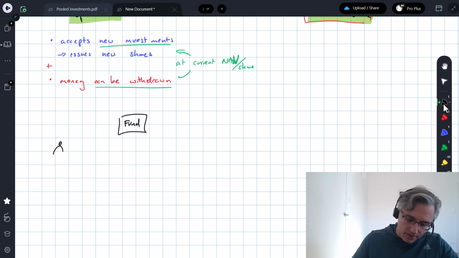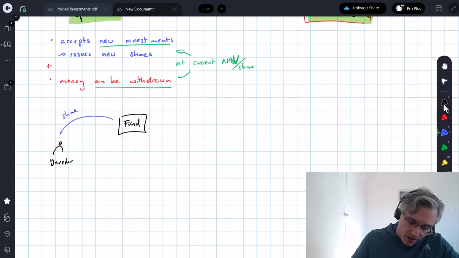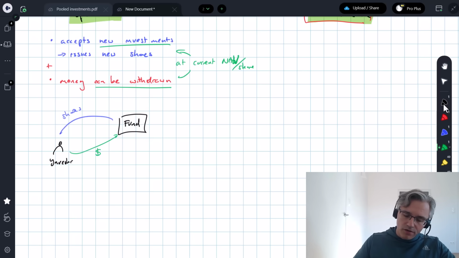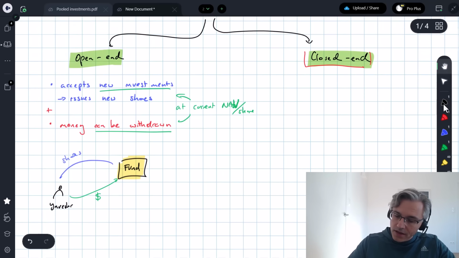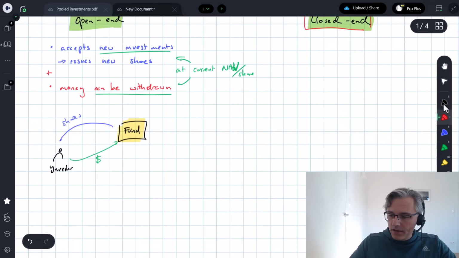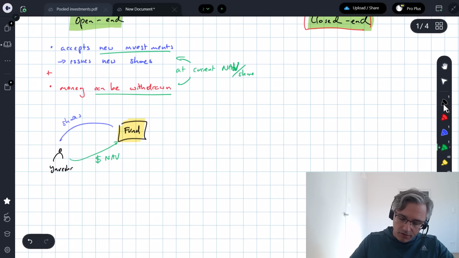If that's an investor wishing to invest, the fund will issue shares for that investor, but the amount the investor has to put in will be based on a current appraisal of what's in the fund, the value of the fund, that's its net asset value, NAV, which is typically calculated, for the big funds, once a day. So you'll have to pay an amount equal to the current NAV per share